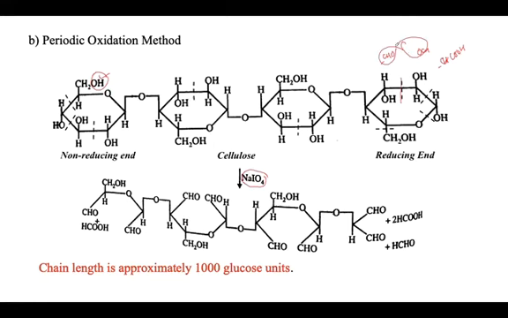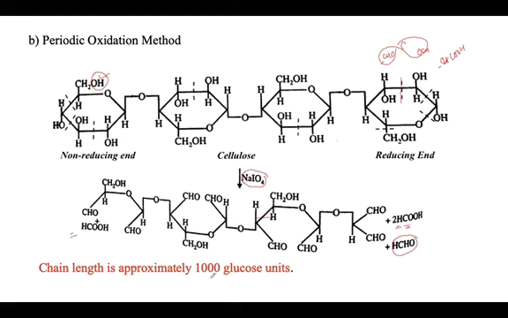When this method was used, it was found that from the reducing side, 2 formic acid, and from the non-reducing side, since they are on adjacent carbons, we have one formic acid molecule present and one formaldehyde molecule produced. So estimating this formic acid using the estimation methods,